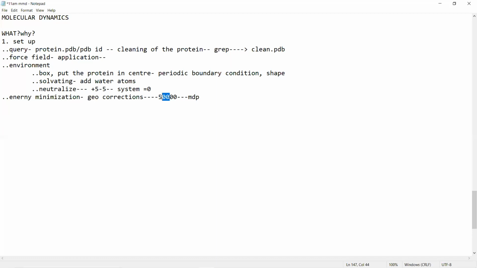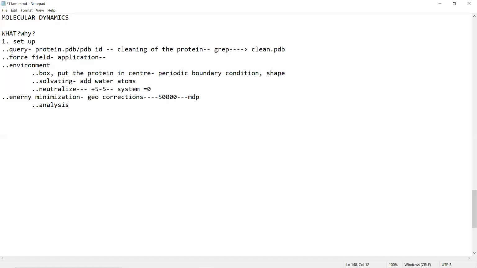Yes, ma'am. So once I'm performing this, I will be going for what? Analysis. I have performed energy minimization. Like I said, GROMACS does not aim to give you a stable structure. It only aims to do feasible geometrical corrections. So my job is to do the analysis here.